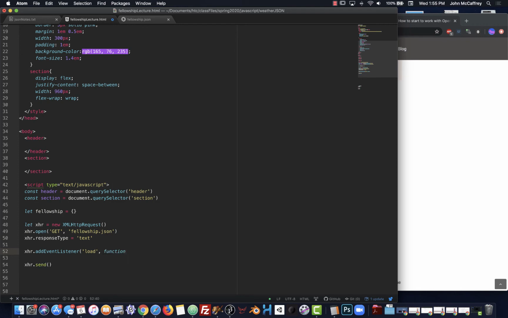And then, well, extra character there. Then we're going to call a function, and the function, oh, we lost our closing paren there as part of it. So add event listener load, we are going to call this anonymous function. Now inside this anonymous function, what we want to do is say if the status